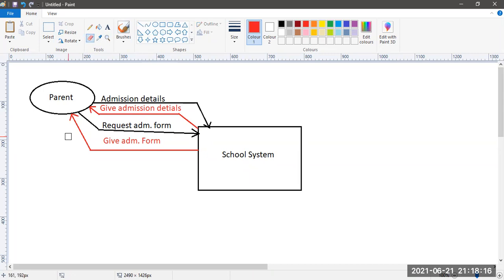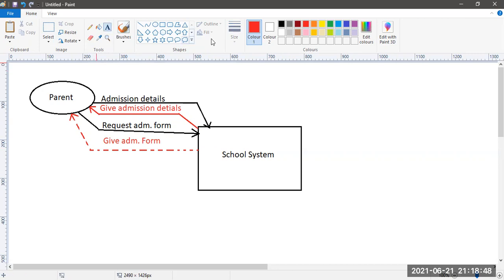Or should it be dotted? Okay, the admission form is a physical thing, so it's going to be a dotted one.